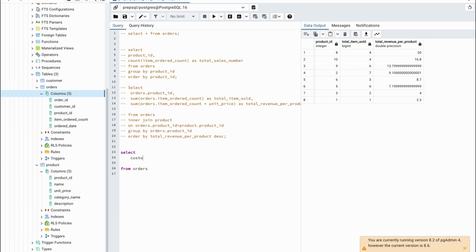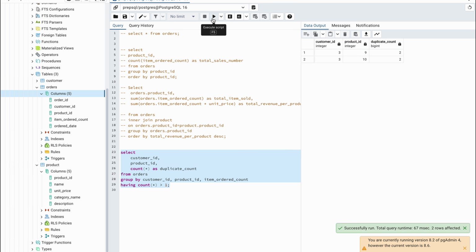We can use customer ID, product ID, count asterisk as duplicate count, and then we want to do group by customer ID, product ID, and item ordered count, and then we want to do having count asterisk greater than 1. All right,